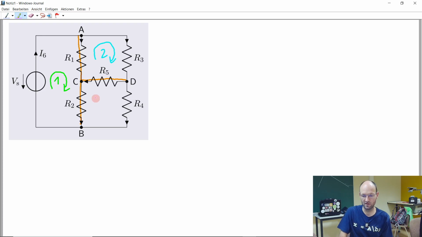And then the last mesh, the third mesh, is this one here that I number with 3. And at the end, the order does not matter, the direction does not matter. Of course, if you take a different order or a different direction, you get a different system of equations. But at the end, the system of equations should have the very same solution. It should give you the very same answer at the end. Okay, so